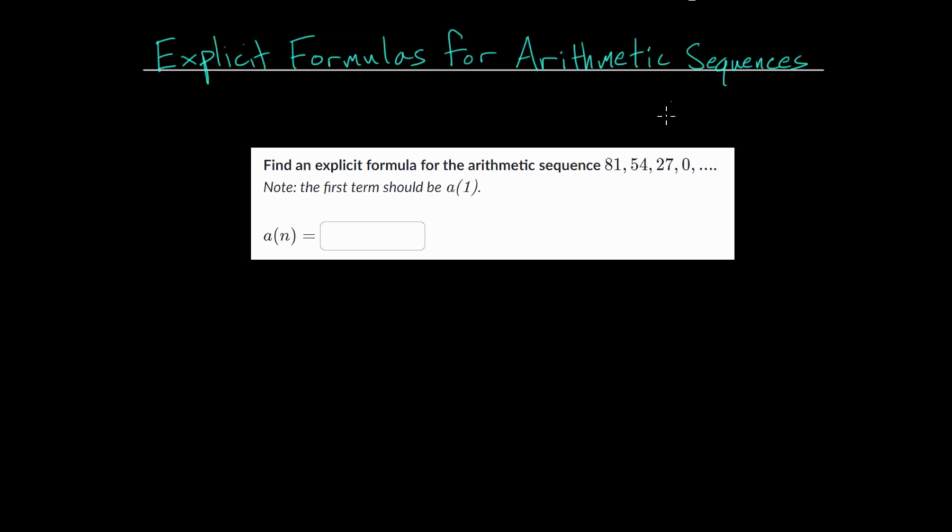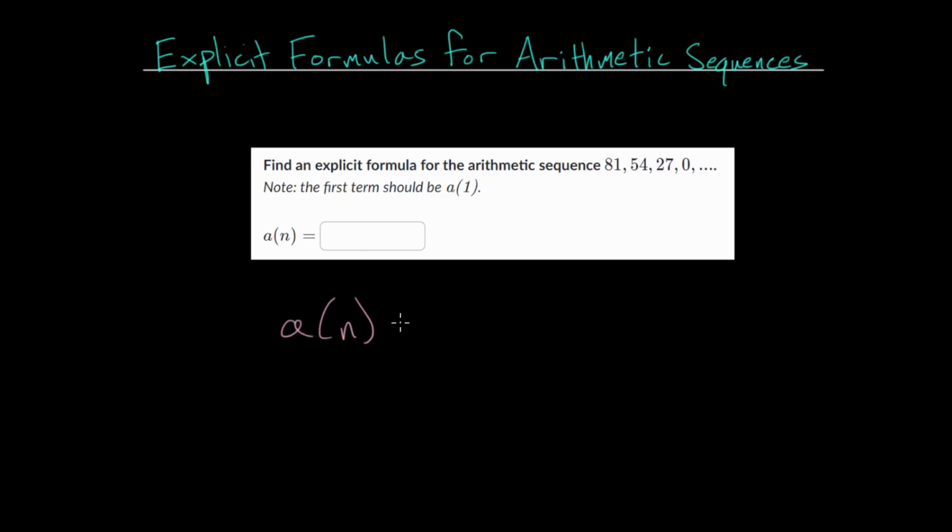In this video, I'd like to talk more about explicit formulas for arithmetic sequences. And remember, the explicit formula essentially will tell us what a specific term is in the arithmetic sequence. So when you see a of 1 for this formula, that just tells us we're looking for the first term, which is 81. And the general formula for these, I'll use a of n here, to find the nth term